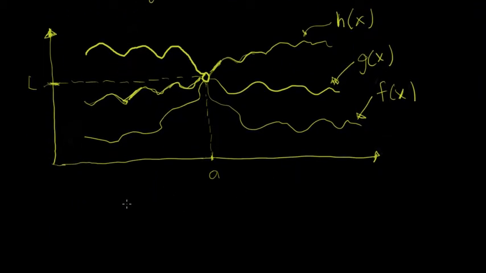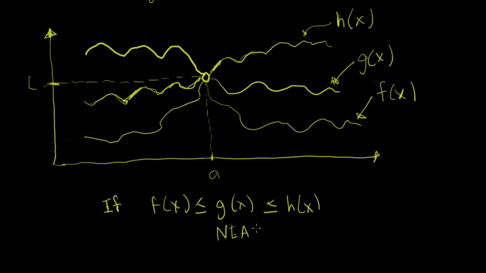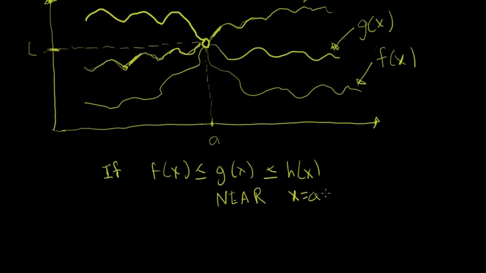But this theorem in essence says that if f of x is less than or equal to g of x is less than or equal to h of x near x equals a, and this is some arbitrary region around x equals a, near x equals a, but not necessarily at x equals a,